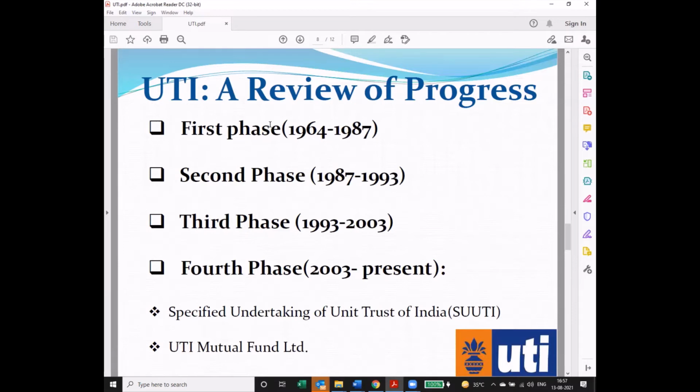UTI's board was completely reconstituted. A new chairman was deployed. I don't know if you remember his name, it's a very old thing, but he's a very popular financial personality in the country, N. Damodaran. He's a retired IAS officer. At that time, he was in service. He was suddenly moved from the PMO, the Prime Minister's Office, to Unit Trust of India, to head it